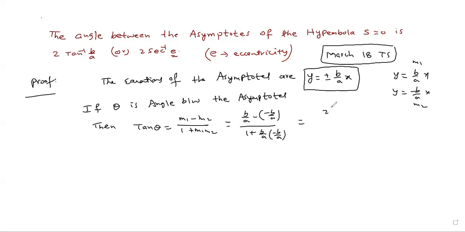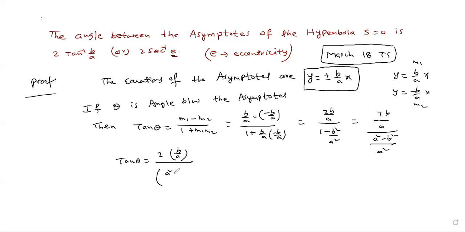So you get 2b by a by 1 minus b square by a square. 2b by a, and the LCM is a square. You get a square minus b square. And clearly tan theta is equal to 2 into b by a